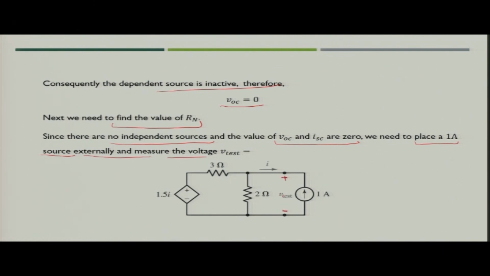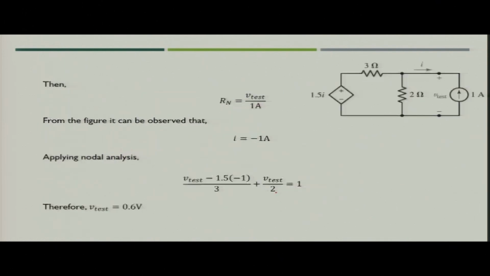Let us say the voltage across the terminal is V test, and we apply a 1 ampere current source across these two terminals and find out the value of V test. Now, the value of Rn, that is Norton's resistance, would be V test divided by 1 ampere, that is the equivalent resistance, simply the input resistance which you see from these two